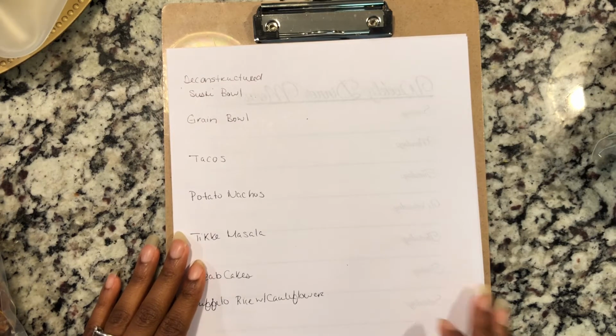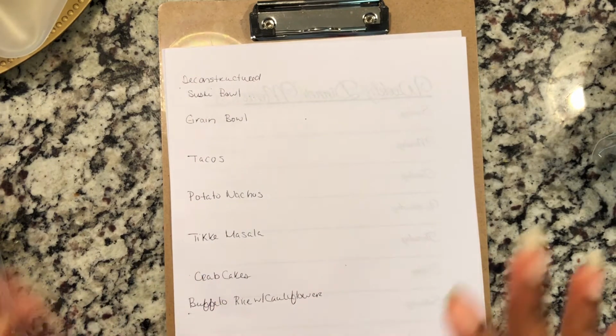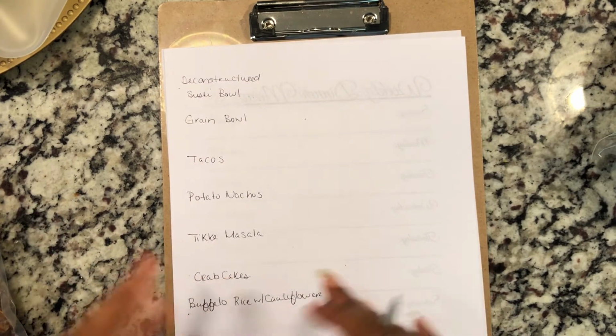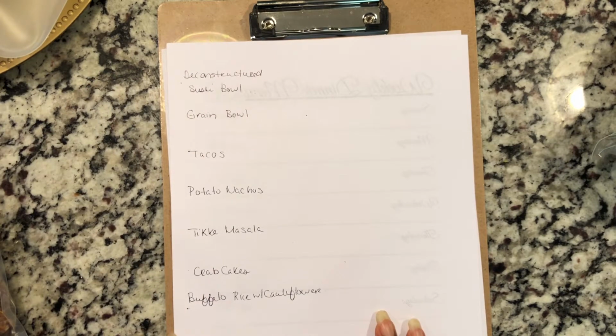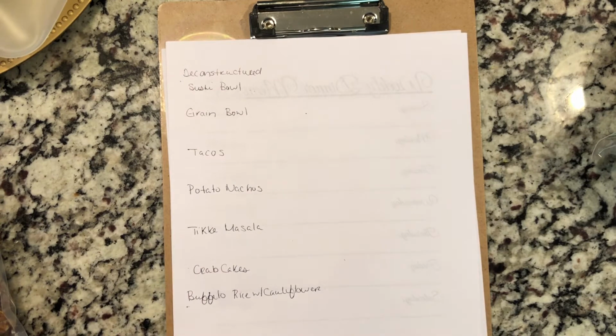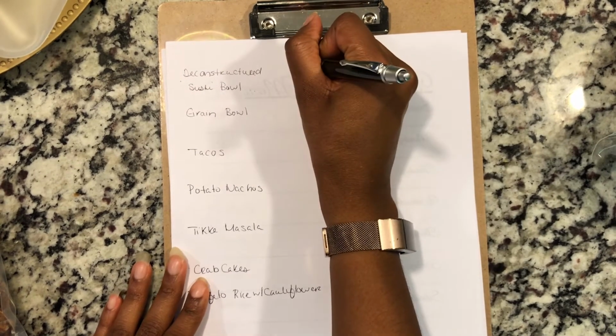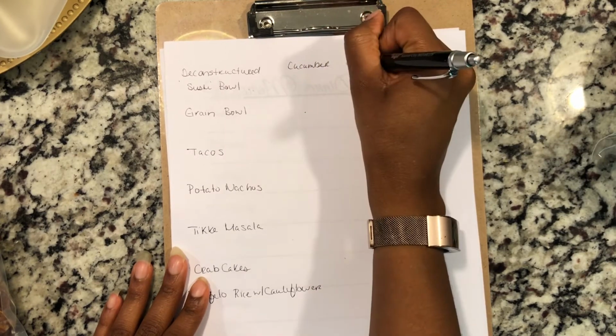So after you've got your list of maybe 5 to 7 or however many times you want to cook, I cook every day, then you'll write out your items, your recipes, things that you like, and then you're going to highlight the key points that are in each recipe. So cucumbers, carrots,